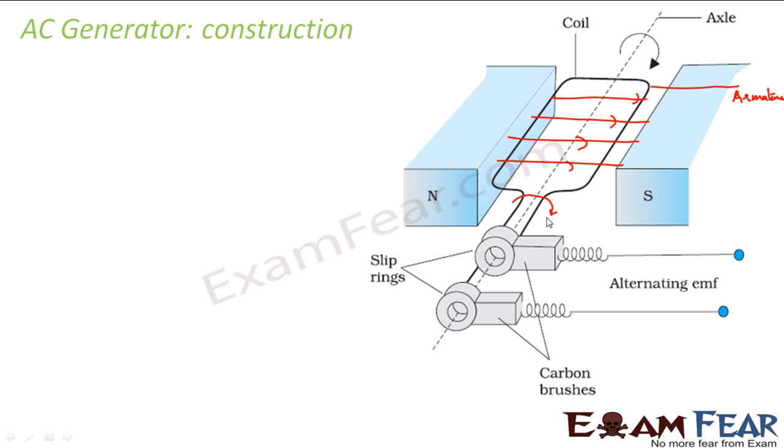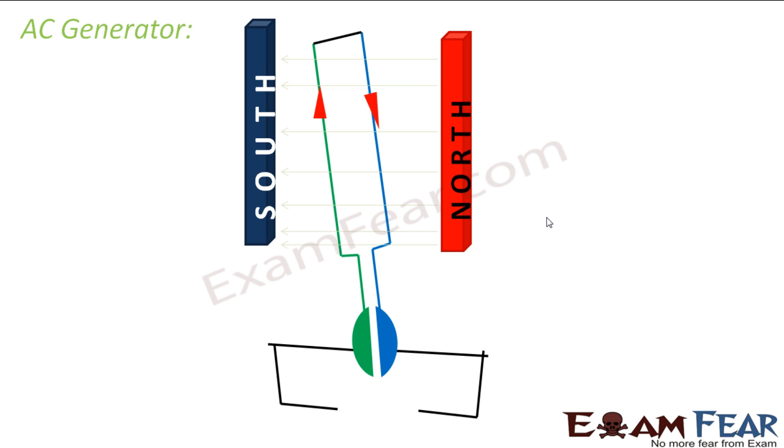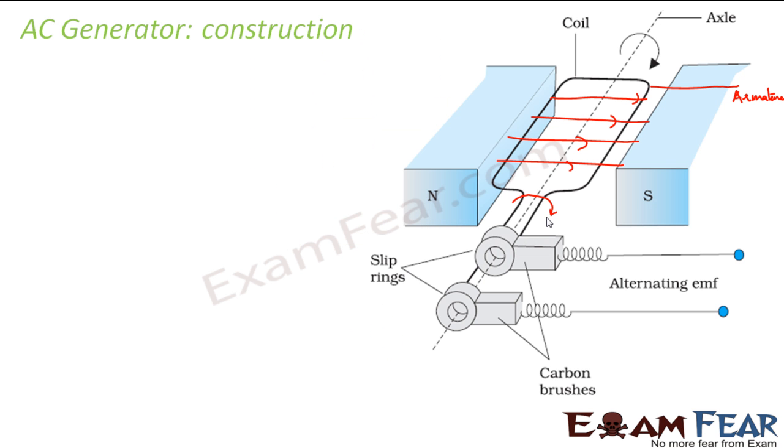Now let us look at the working of the AC generator. When you look at the AC generator, it would rotate somewhat like this. This will give you a vague idea of how it rotates. Now let us talk about its working. Let us suppose at the initial time t is equal to 0, that means when it just starts. At that time, what is the value of theta? Theta is equal to 0.